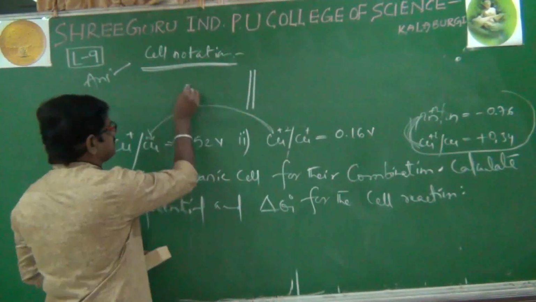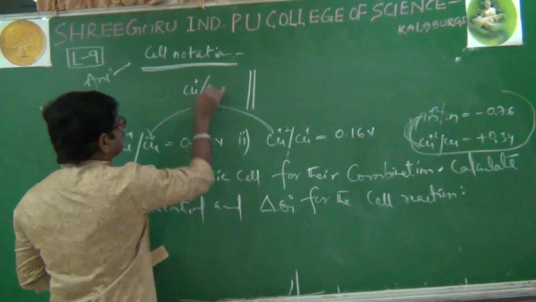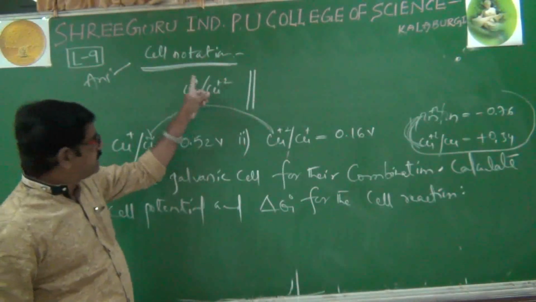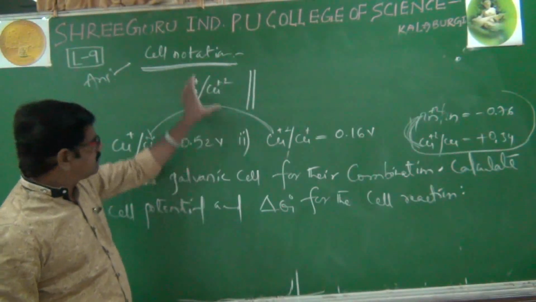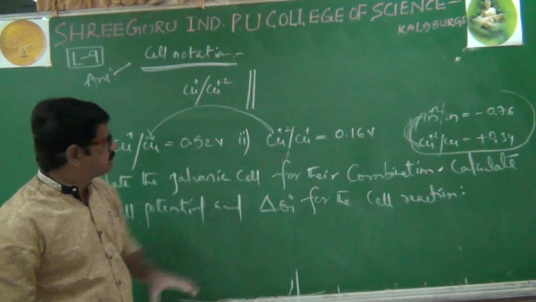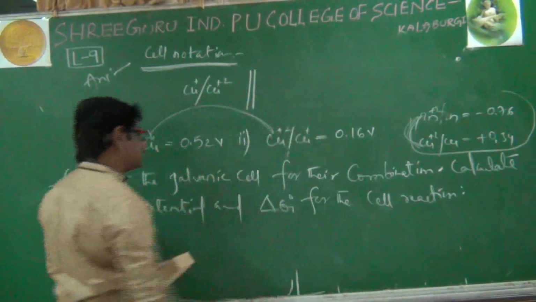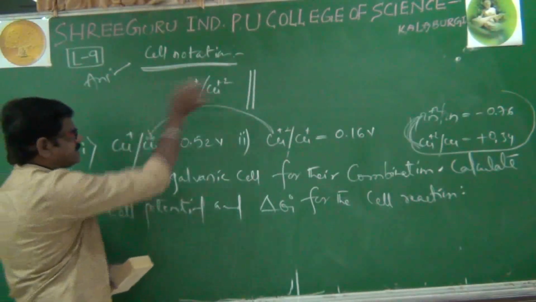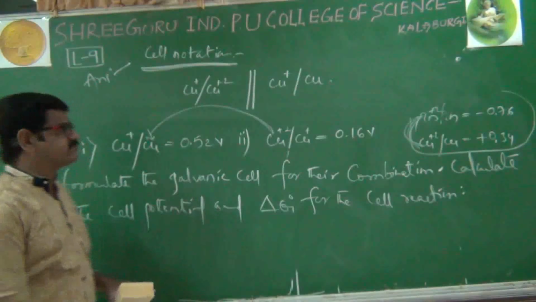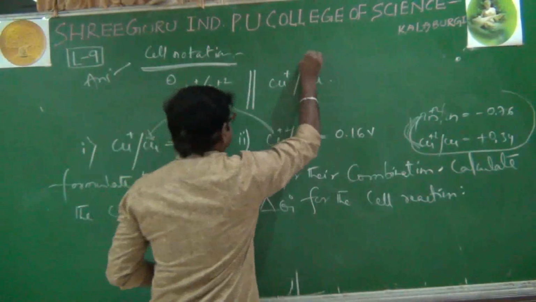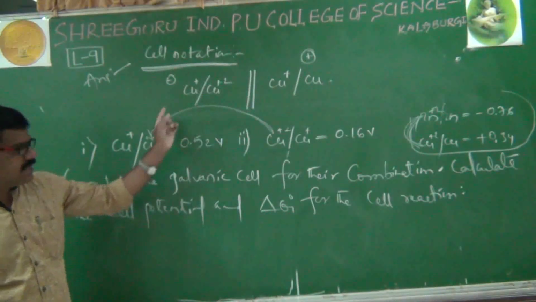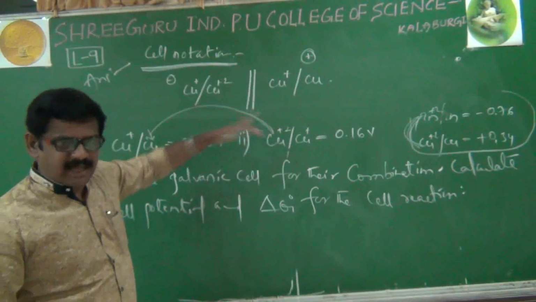Now I'll write the oxidation symbol here, that is, Cu+ | Cu2+. I'll repeat once again: here +1 converted to +2, an increase in oxidation state, which is nothing but oxidation taking place. Of course, its SRP value has been given. Next, on the right side reduction is taking place, so this symbol we write as it is: Cu+ | Cu. That's all. Of course, the left is acting as anode, minus, and the right is acting as cathode, plus. That's all. This is the cell notation of the given galvanic cell.